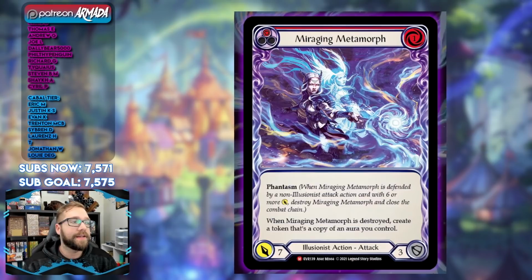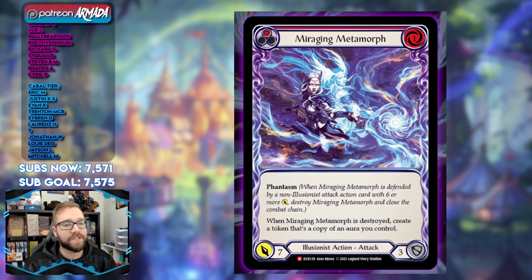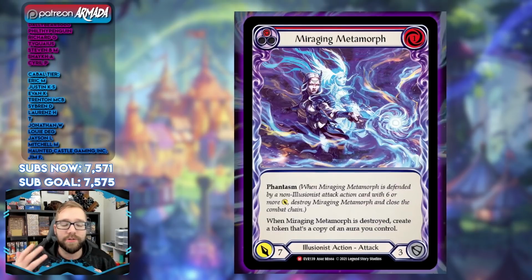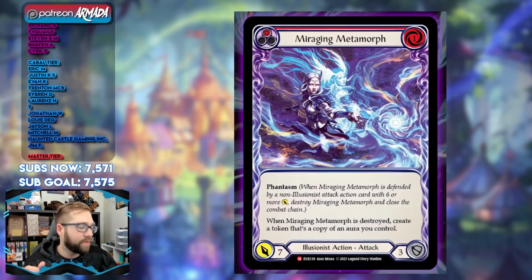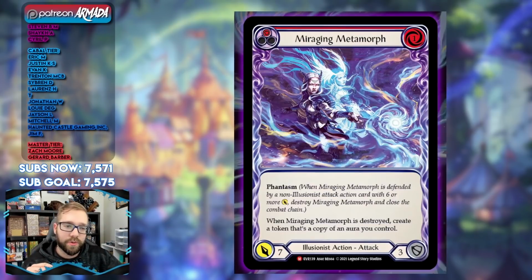I feel like this is the Wombo Combo class. This is the class that just does all of the big brain plays. Prism and Illusionist are just all the big brain plays. A 1 for 7 on base is great. You can destroy it with Phantasm, but if you destroy it as the opponent, when it's destroyed, you create a